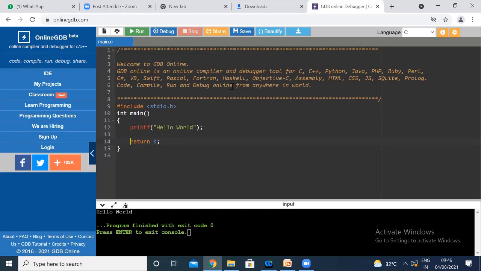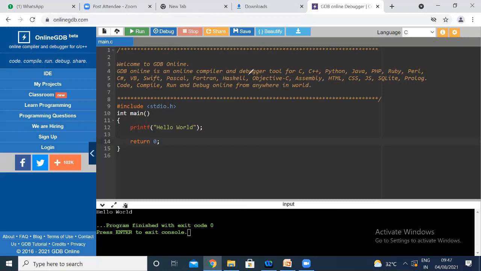Let's do programs with operators. Shall we do programs with operators? Fine. Okay, so shall we go with the program swapping of two numbers?